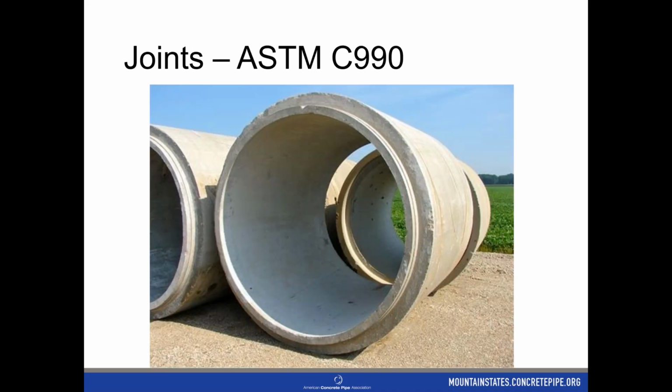All right, so let's talk about joints. This is another fun one. This is a picture of 2 different types of joints. This is the first one. It's less common here in pipe. This is the tongue and groove. You notice it's a flat inline pipe, so the joint sits right in that pipe. It's recessed into the pipe itself, so you don't have the bell sticking out. This is very common in box culverts or elliptical pipe, but we don't really use this in our markets here for